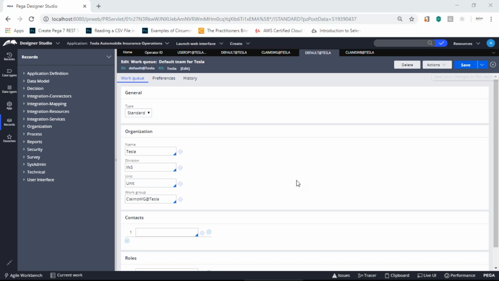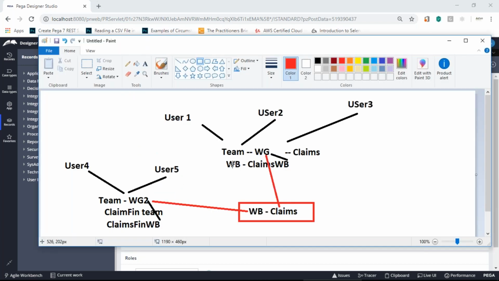So what I'm doing now, I've taken just one. I've created one claims work group and also created one claims work basket. So to tie the work basket with this, also tie with this, okay. And then,